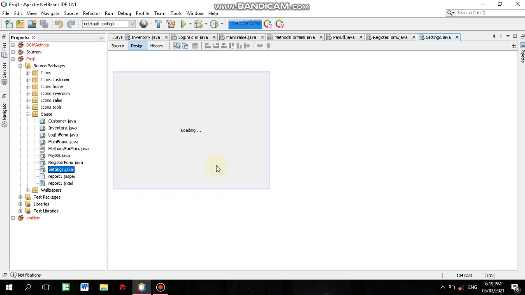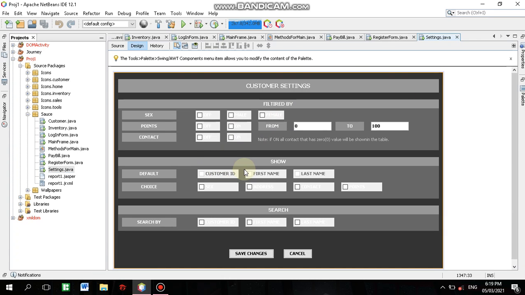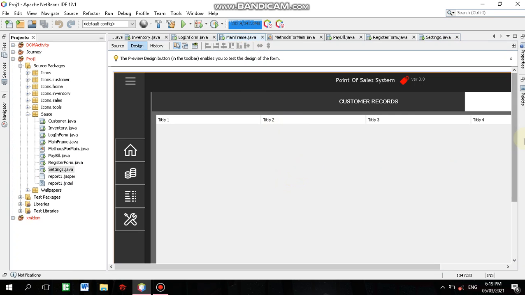And the settings. The settings is not really finished. I don't know why, but I programmed the settings before the register and the login form, but that's kind of a bad decision for me. The next thing is the Jasper. I don't even remember how I came to know this thing, Jasper. It's for the reporting. Now let's go to the mainframe for the program,